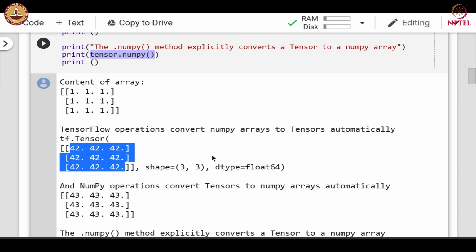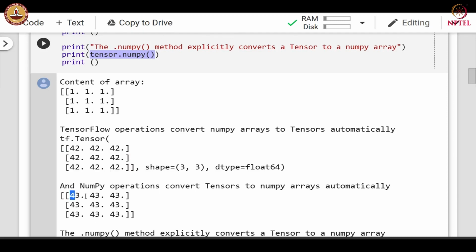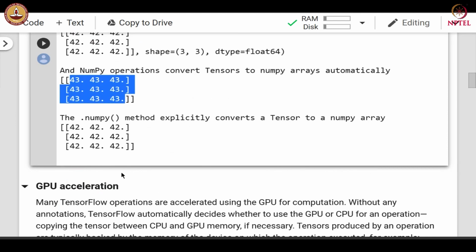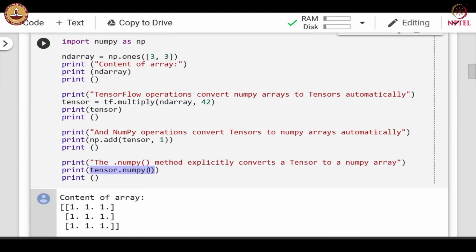Then we add 1 to this matrix through the np.add operation, so we get the value 43 at each cell in the matrix, and finally we convert the tensor to a NumPy array.